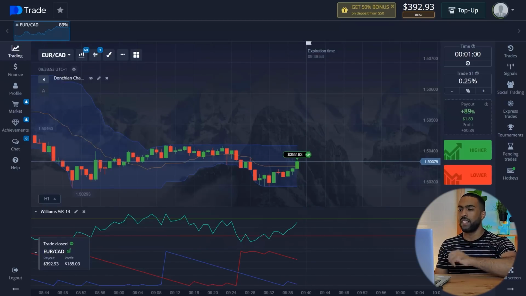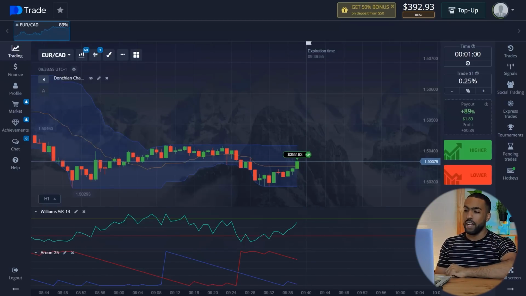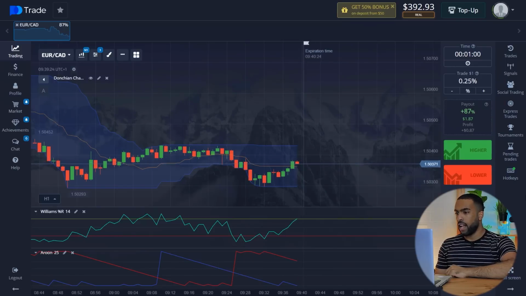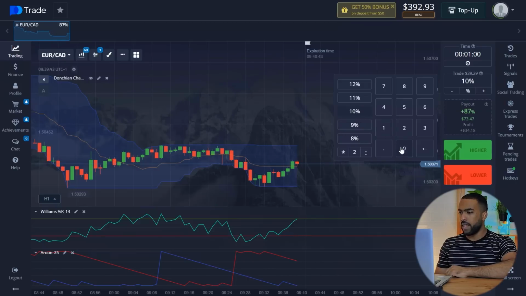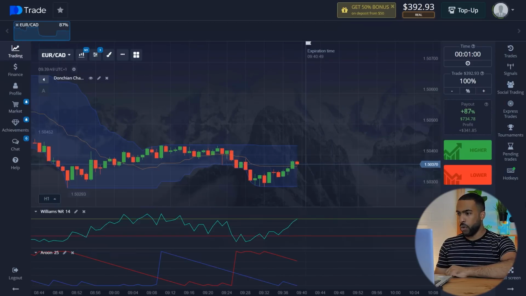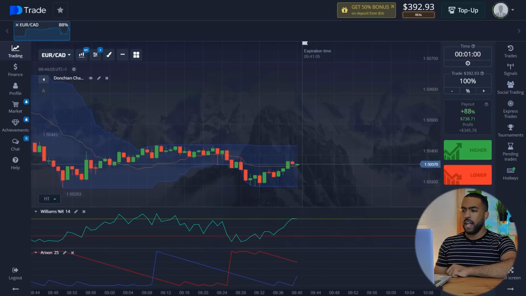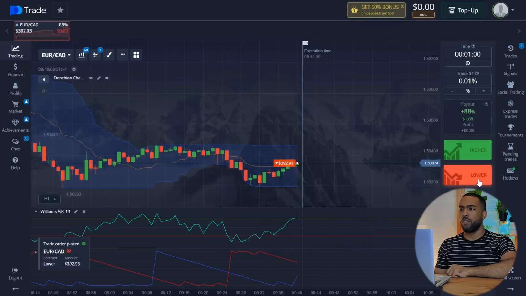And my trade goes a profit, added to my account, $185. And let's wait for a nice entry point. Okay, let us adjust the amount again and choose 100% of my balance and get ready for the next trade. I see a signal from the Williams indicator and I open a down trade for 100% of my balance for